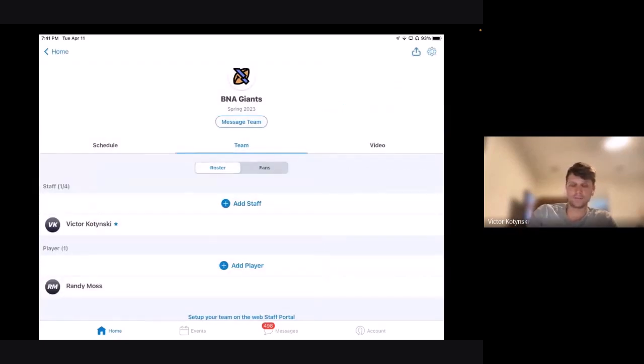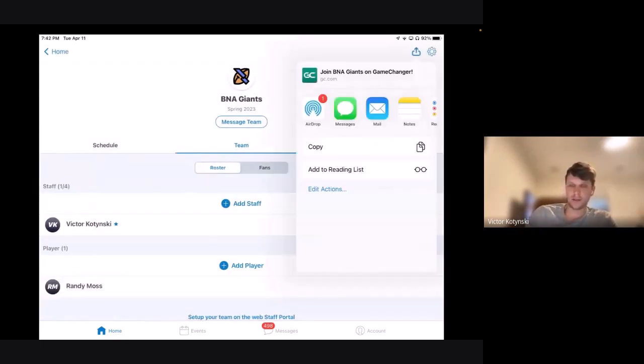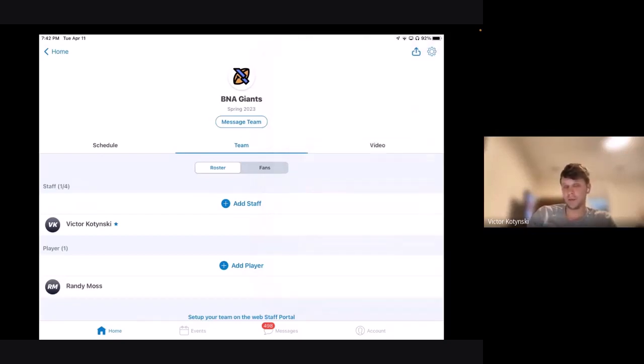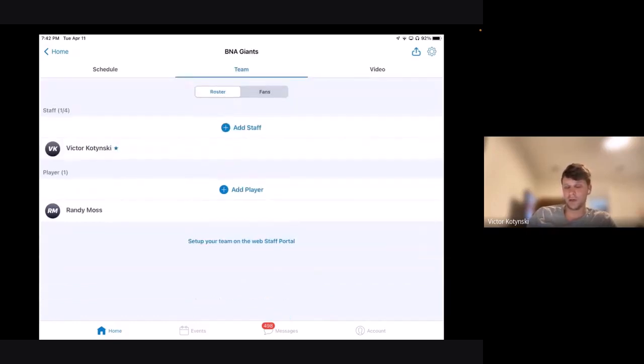Another way would be in the top right-hand corner, there's a share button. If you copy that, it will generate a link that you could text or email out. And basically, if somebody downloads the app and then clicks on that link, it's going to pull them into the team. Now, the catch there is if your team isn't built out, everybody's just going to kind of be brought in as fans because there's nobody to associate with if you don't at least put in your roster. So if you just add like the 10 kids that are on your roster for that season, just their names,